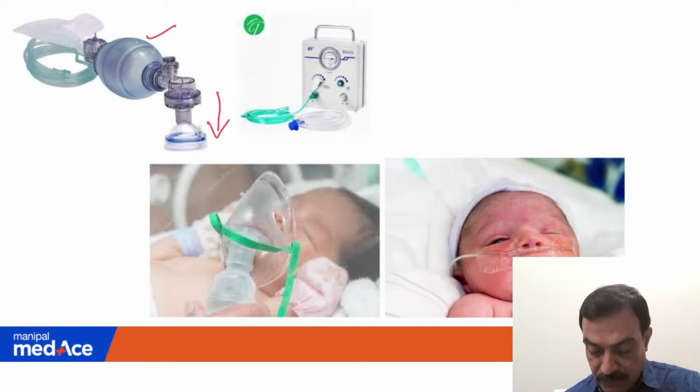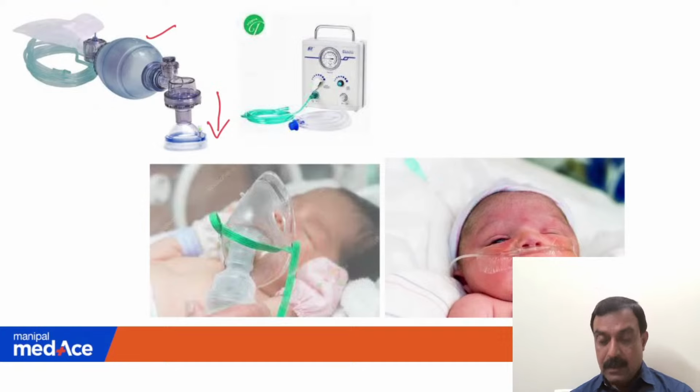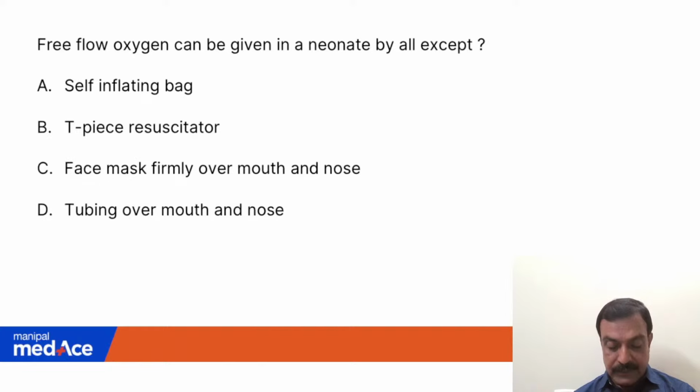Whereas this is called a T-piece resuscitator, where there is a free flow of oxygen. Then we have the facial mask, and in addition a free flow tubing. So here the correct answer is: free flow oxygen can be given in a neonate by all except